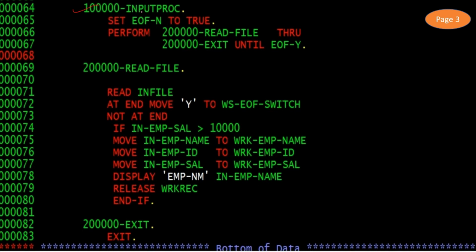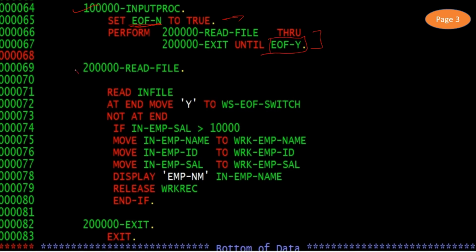This is defined here in the program. In the input procedure, first of all we are by default setting the end of file to true, so that whenever we are going to start to read the input file, we first set the EOF to true. And then here we are reading the input file, and we will read the file until the end of file is reached.